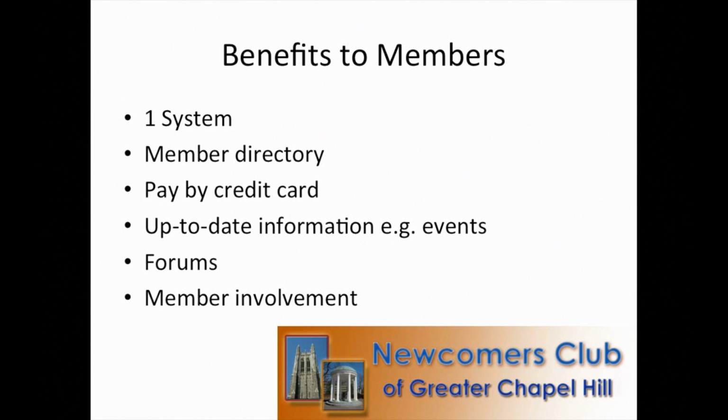And then I think the other thing is, it actually is a website that allows us to have member involvement. It's not something that the board does for us as much as it's something that we can use for ourselves. And if you're really interested in Newcomers being a little bit more interactive and more of a membership, I think it really helps there.